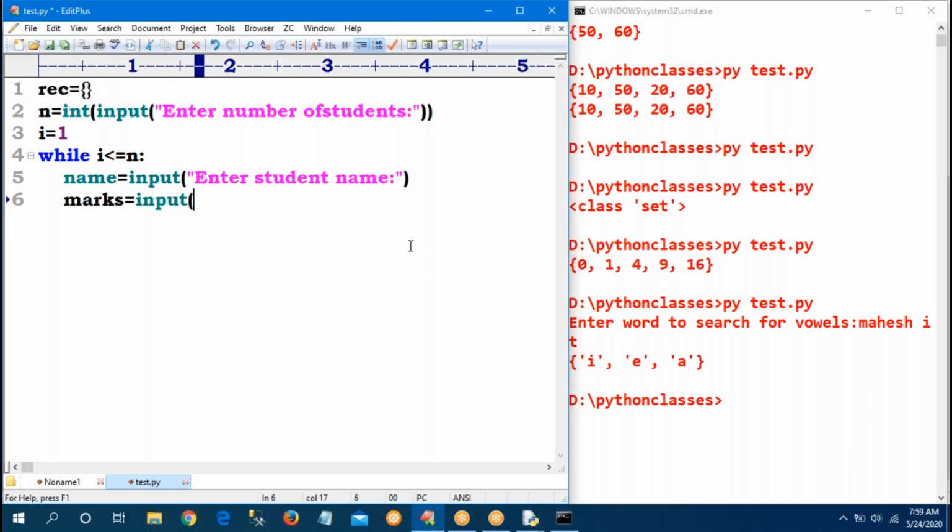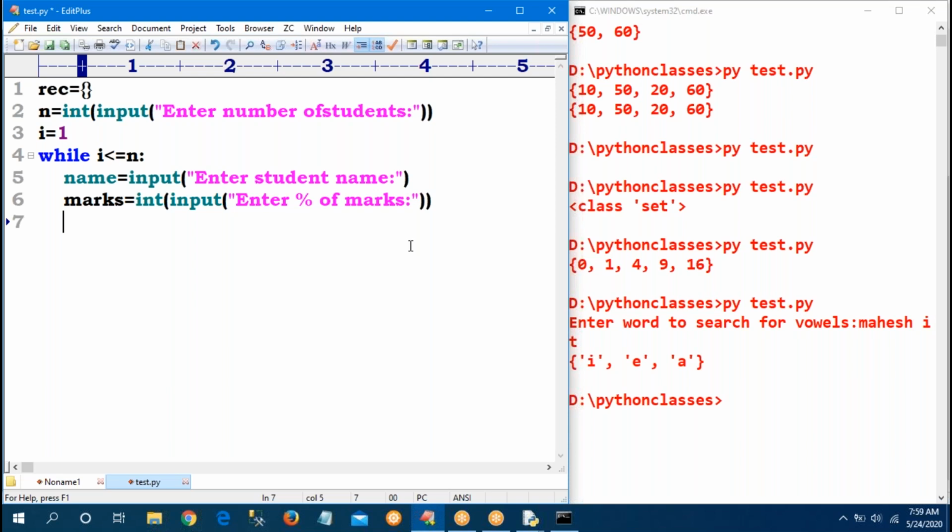Input, percentage of marks. Sir, percentage means 80%, 90% like that. So I can go for input. Sir, first student, while 1 less than or equal to n, name and marks I am getting.